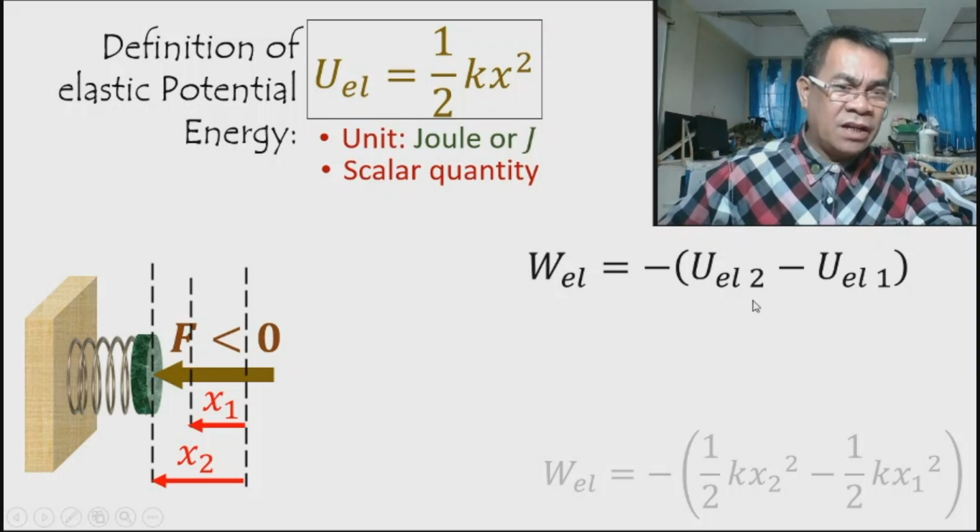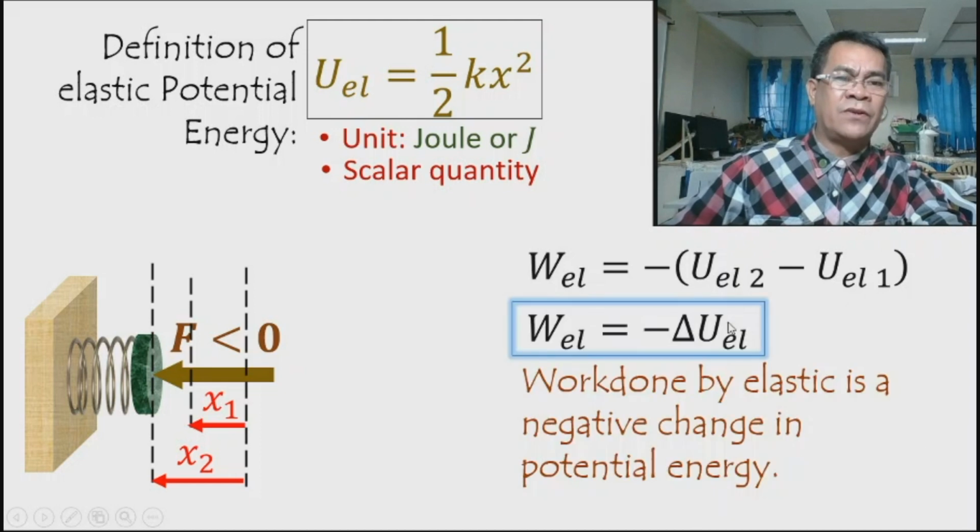Okay, so again, the change in potential is what matters. Therefore, the work done by an elastic force is a change in elastic potential energy. This is the same as with gravity. So for all potential energy, the work done is a negative change in